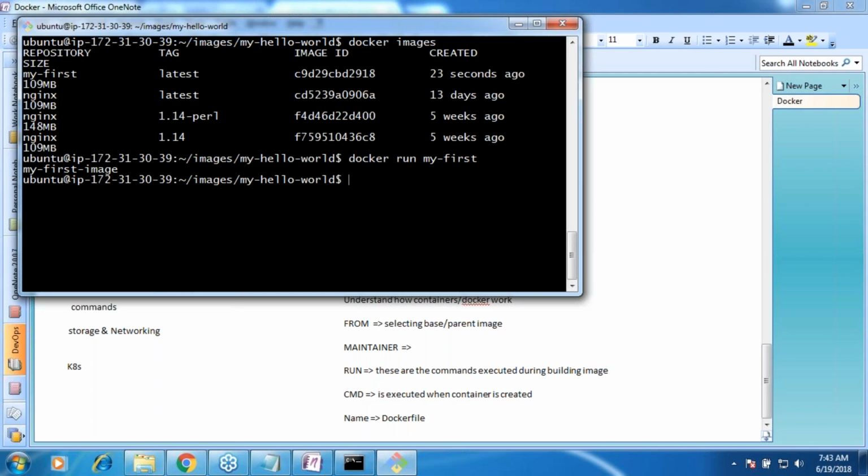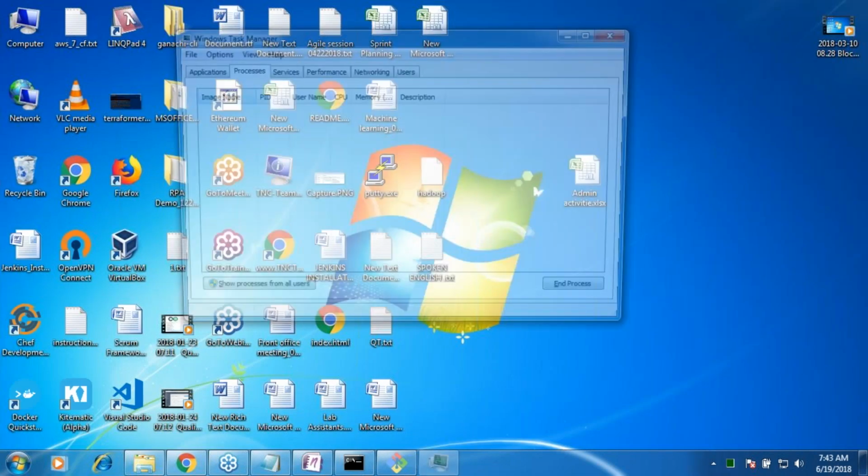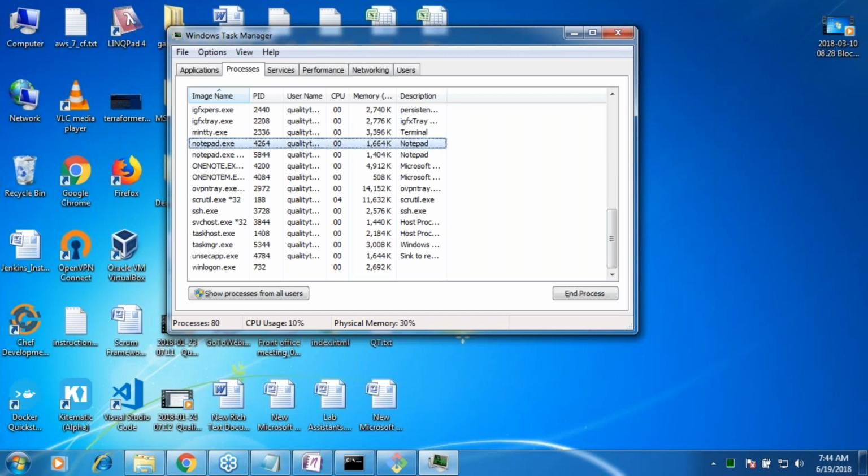So let me tell you a basic logic around it, how people tend to write it. Are you seeing a notepad process here? Let us assume that I am writing something in the startup of the Docker container which will see what is the process ID for whatever application you have created. What is the process ID? 4264. And this command will be executing as long as 4264 is running. For some reason, if 4264 dies, this command will return. That means your container will die. Did you get the logic there?